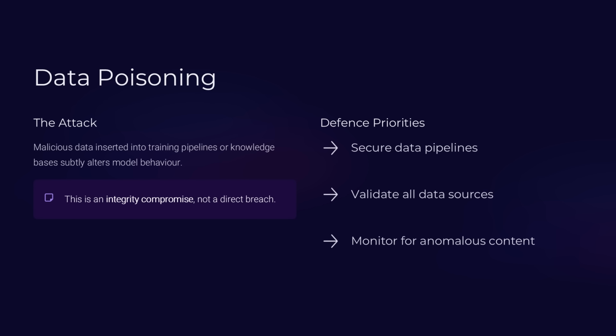Data poisoning targets the foundation of artificial intelligence systems. Large language models and machine learning systems rely on training data. If attackers influence the data used to train or fine-tune models, they can subtly alter behavior. In enterprise environments, this may occur if malicious data is inserted into training pipelines, document repositories, or knowledge bases that